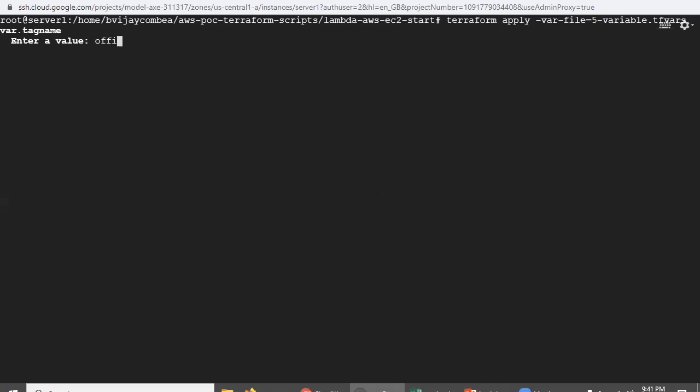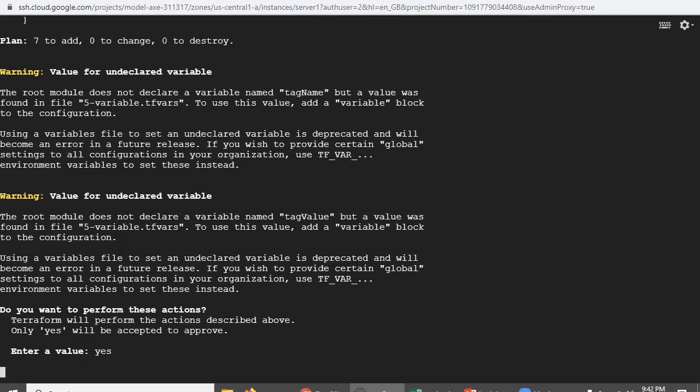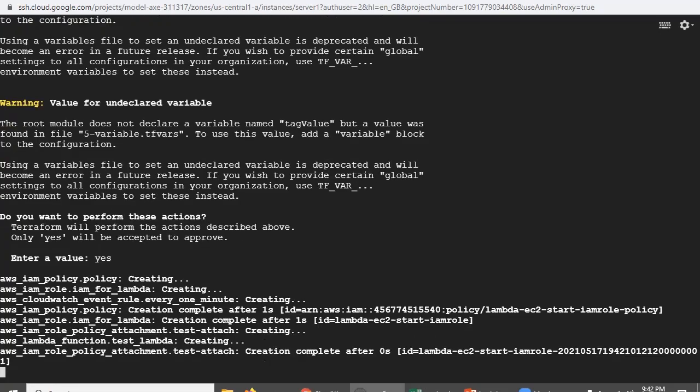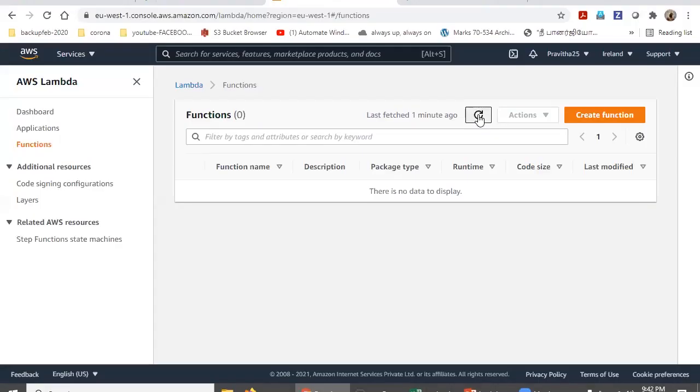Again, it seeks the tag value, office hours, and start. Now it will ask whether you want to implement or not. Yes, I want to implement. Now go back to your AWS environment, Lambda, check it, refresh it.